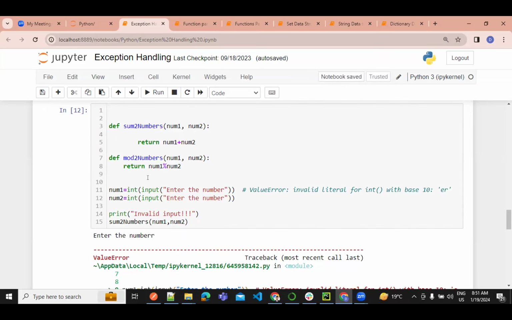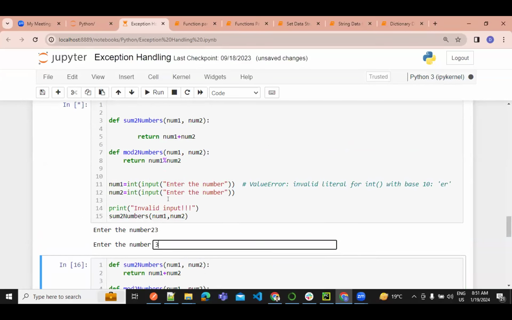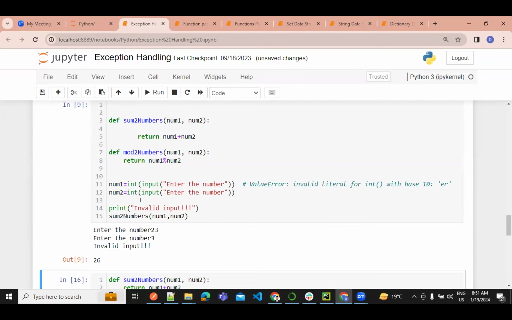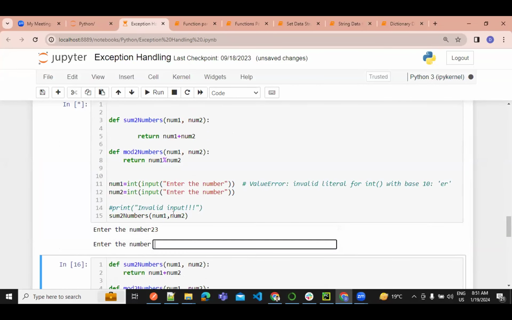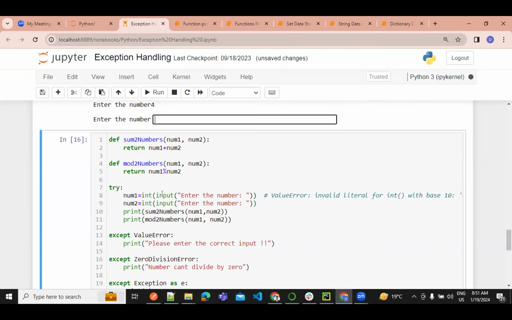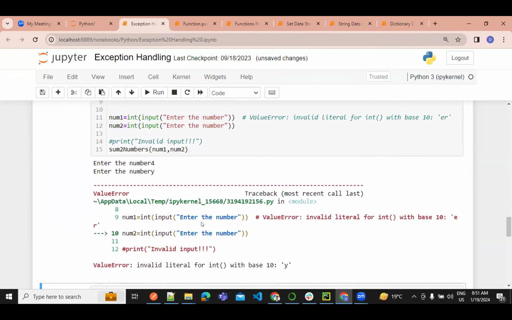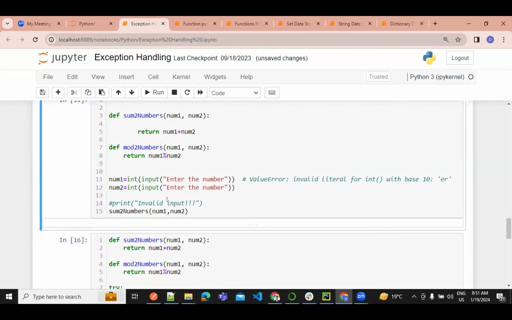Now here I will take two inputs and try to handle the exceptions. Let me insert 23 and 3. So here, invalid inputs. Why is it saying invalid input? Okay, it's a generic message. No, it's not saying invalid. Okay, let me type some string. Because here there is no exception handling, right? It's failing, right? It's terminating. So let's handle